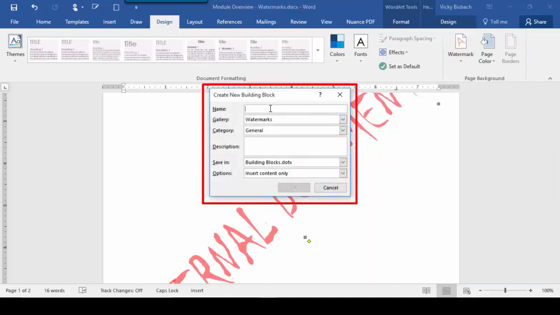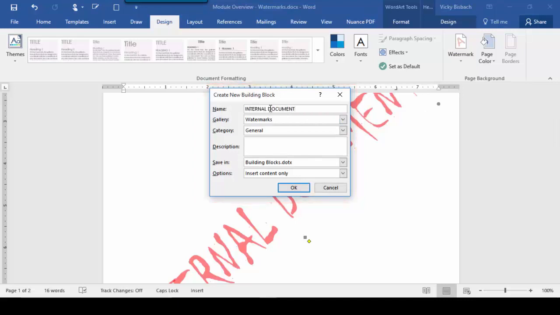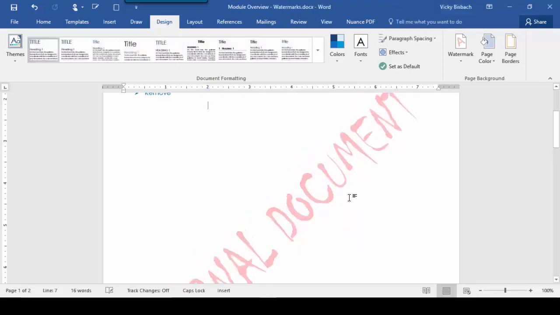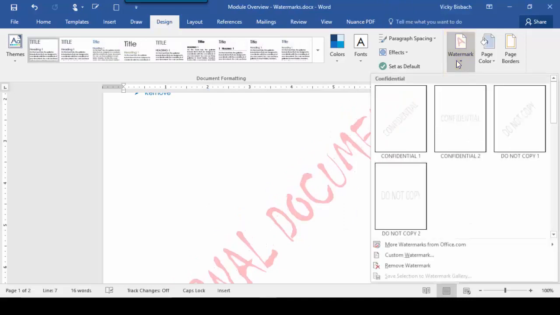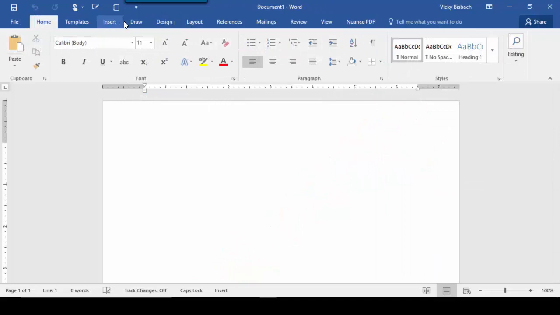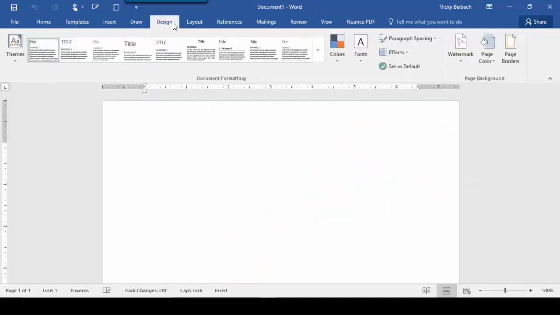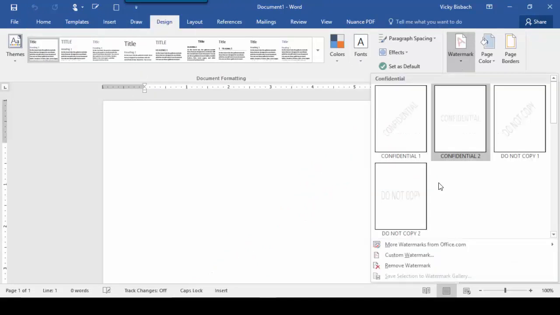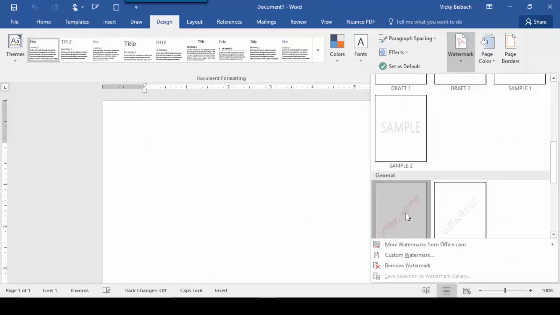Here we're going to give it a name. We can choose a category for it, give it a description, and then we can choose OK. We'll double click back in our document. Now if we come over to Watermarks, scroll down to our General category, we've got our internal document watermark. So now, if I want to add it to another document, come to Design, Watermark, come down to my General,